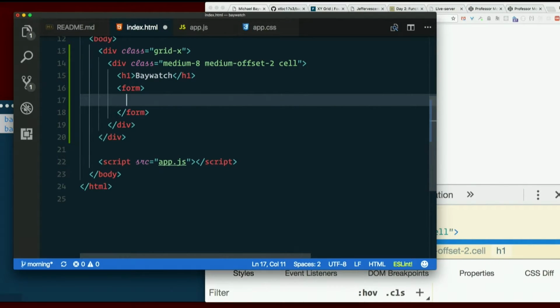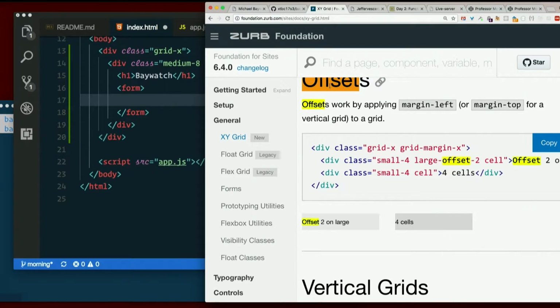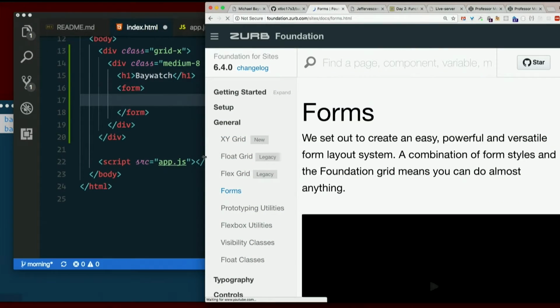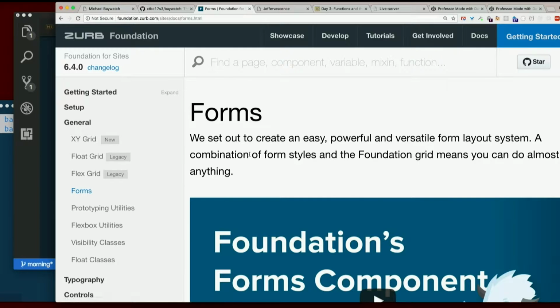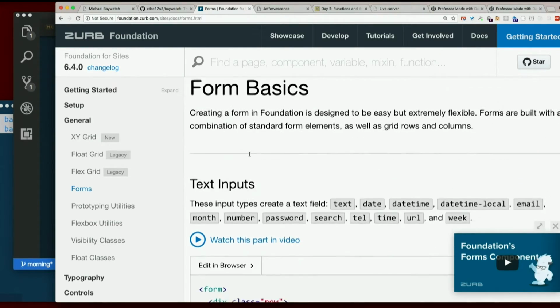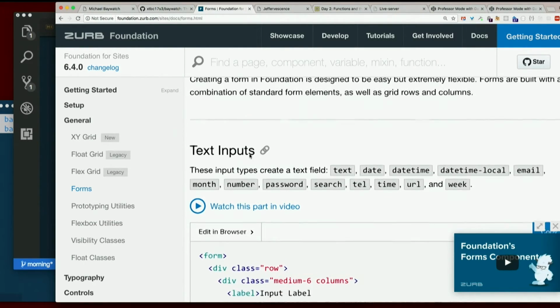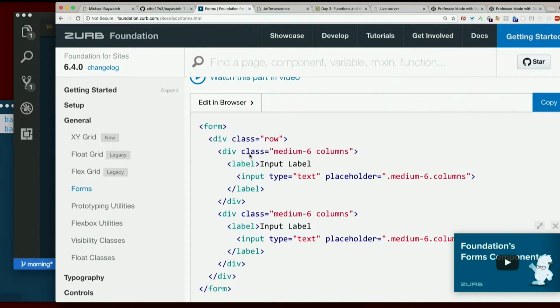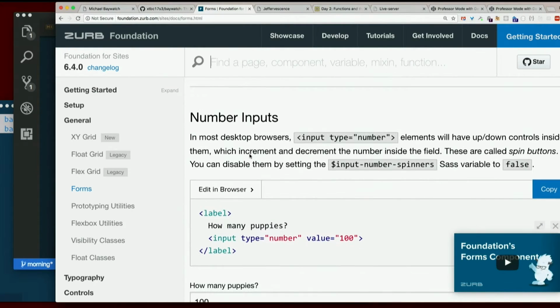Inside the form, I'm going to have an input and a button. But if we look at Foundation, it has some styles for forms. Easy, powerful, versatile form layout system. Now, this page actually doesn't tell us quite everything we want to know. But if we look for